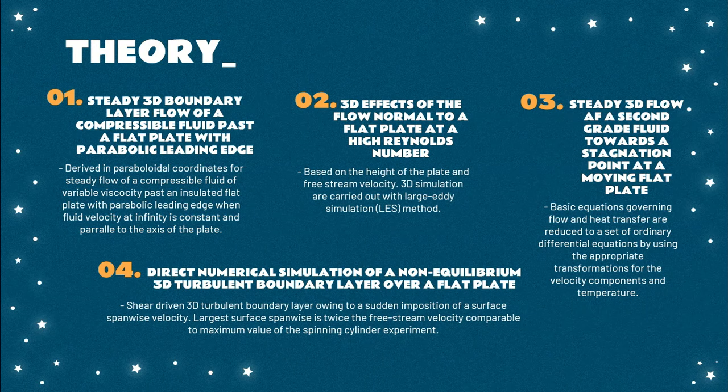Second, 3D effect of the flow normal to a flat plate at a high Reynolds number. It is based on the height of the plate and free stream velocity. 3D simulations are carried out with large eddy simulation (LES) method. Third, steady 3D flow of a second-grade fluid toward a stagnation point at a moving